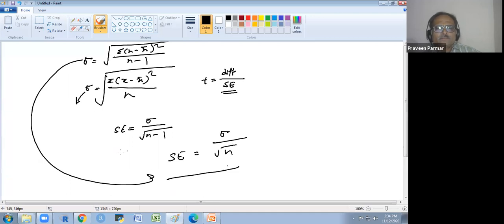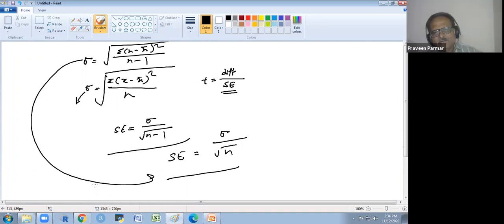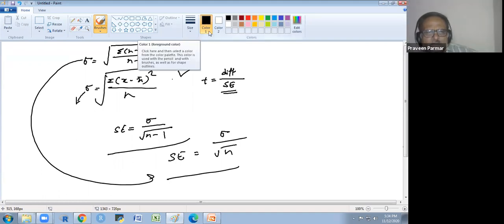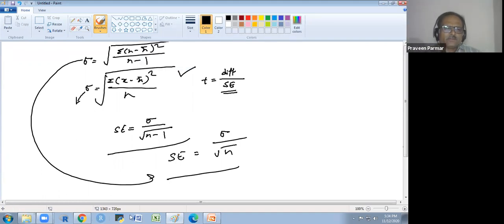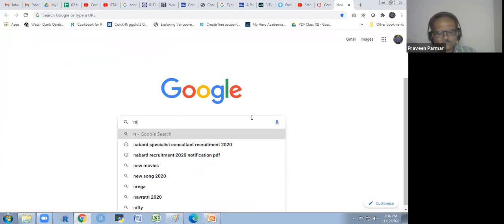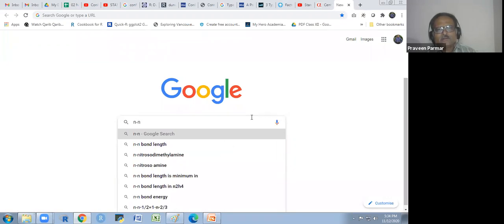Got it? Yes, sir. But in which case do we apply two different formulas? That's the contradiction. Some people use this one, mostly I use this for the standard deviation. So there is no particular rule? There is some contradiction among statisticians, and they are not on the same page. There are some reasons they have given for n minus 1 and for n.